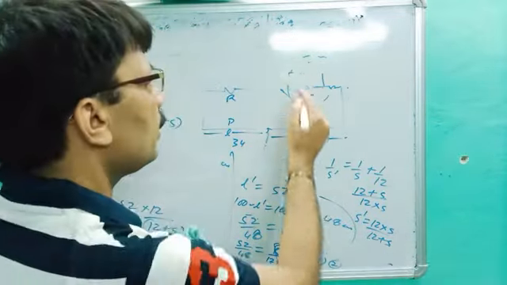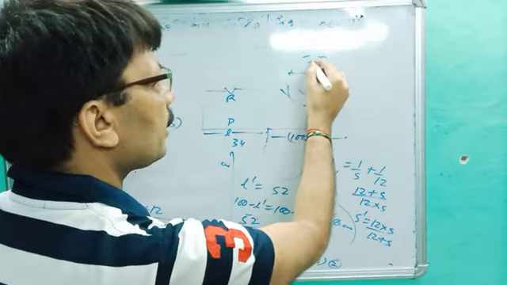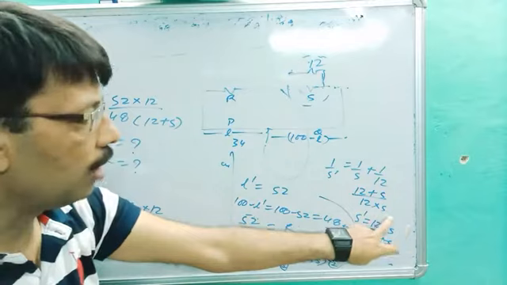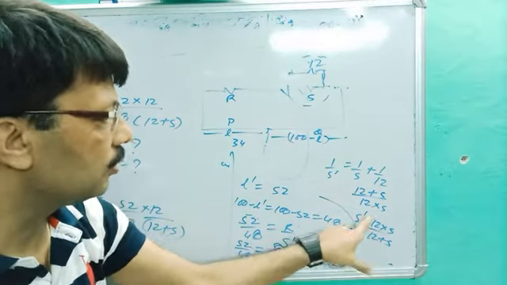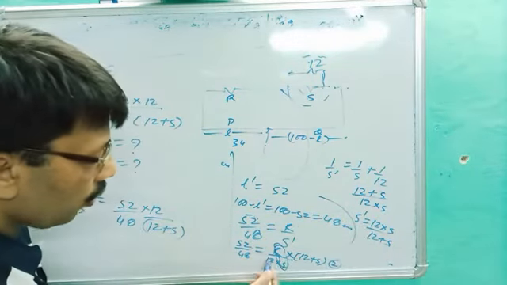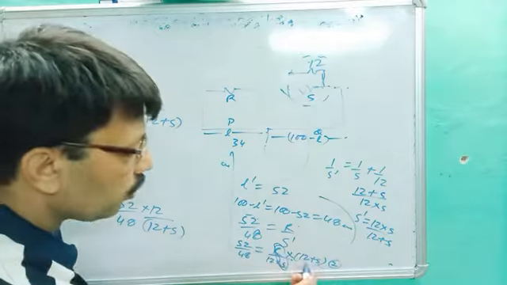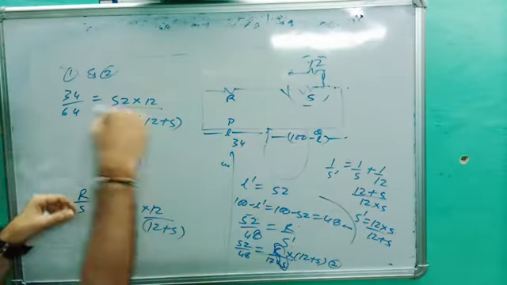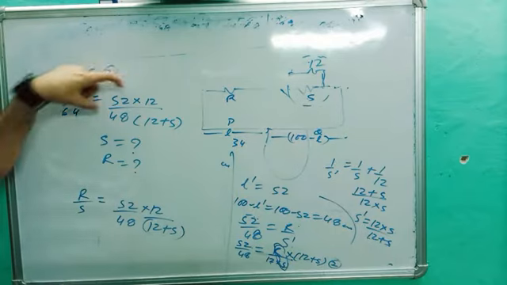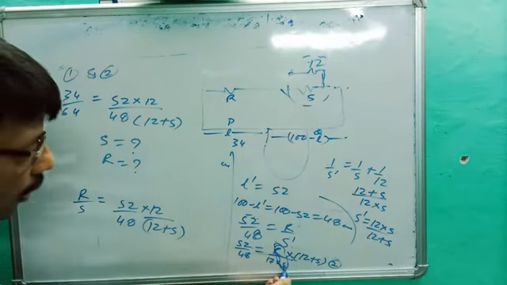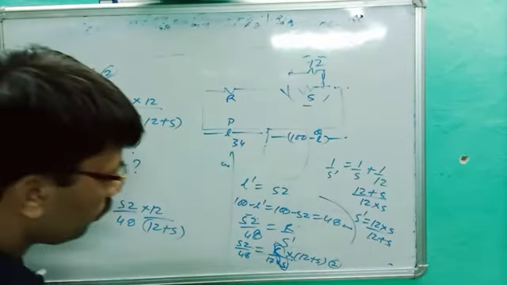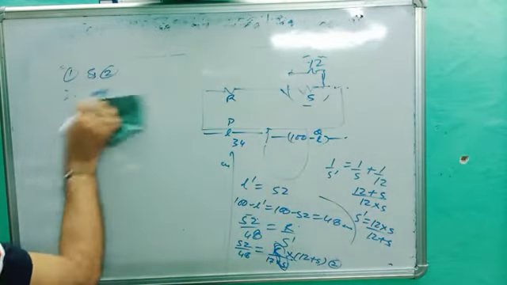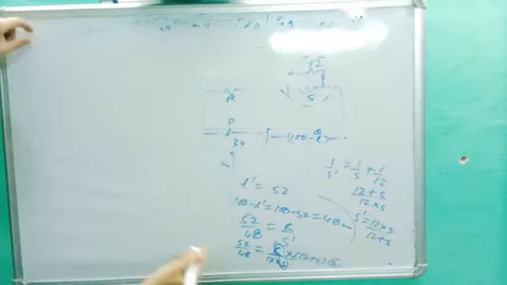But here 12 ohm resistance is connected in parallel. So S dash, the combination of this, becomes 12 into S upon 12 plus S. This is the value of S dash. S dash is 12 into S upon 12 plus S. So we will put the value from second into first. 34 upon 64 is equal to that much, and the value of R upon S directly, or another method is there, it is much easier. Don't use this method. Another method we can directly use.